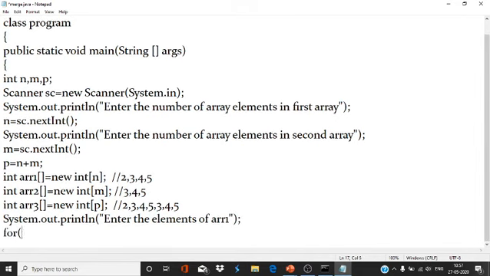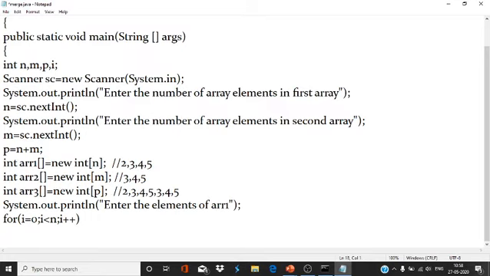Then a for loop where int i equals 0. Or take a variable i up front so that we don't need to declare it again and again, and simply use that i wherever needed. i equals 0, i less than n, and i plus plus, and we have to store in arr1. So arr1[i] equals sc.nextInt.